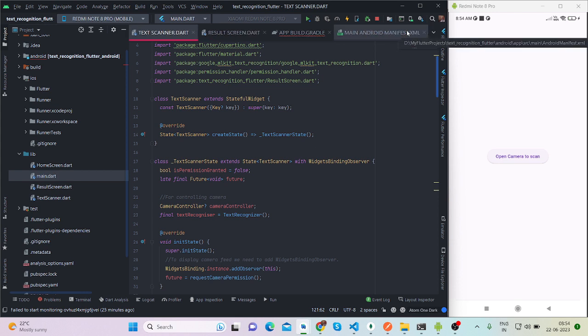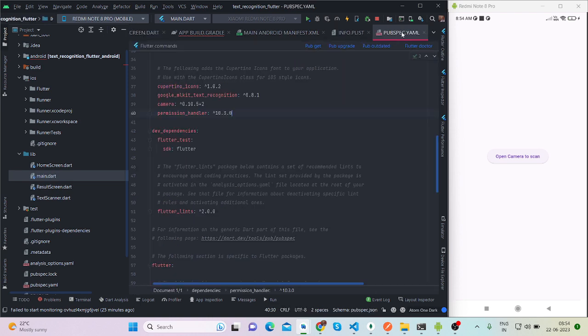So for that, first thing that I want to tell you is the packages that I have used here. First one is Google ML text recognition. Second one is this camera package, and the third one is permission handler. Because if you install this application for the first time, it will ask for permission for opening the camera, and